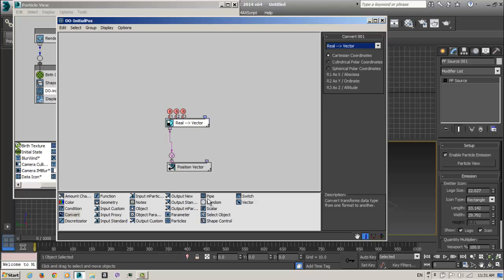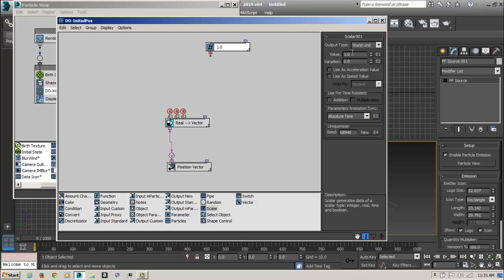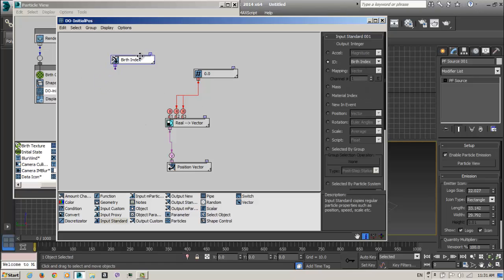So another scalar which will be 0. We will have 0 for Y and 0 for Z. We just want to have the X from the birth index, and not just the birth index, another input standard and scale, birth size, particle size.